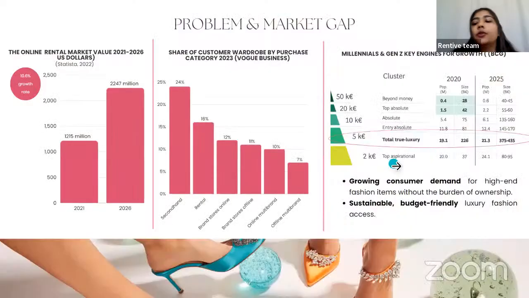Due to a paradigm shift towards sustainable fashion choices in the past year, we have witnessed a steady 10% growth in the rental market. This growth is projected to continue exponentially until 2026, with a forecasted valuation of over $2,000 million. Despite these opportunities for businesses to capitalize on this dynamic industry, surprisingly, not many players have emerged. Additionally, rental is the second most popular choice among consumers, indicating a growing trend among circular fashion enthusiasts.